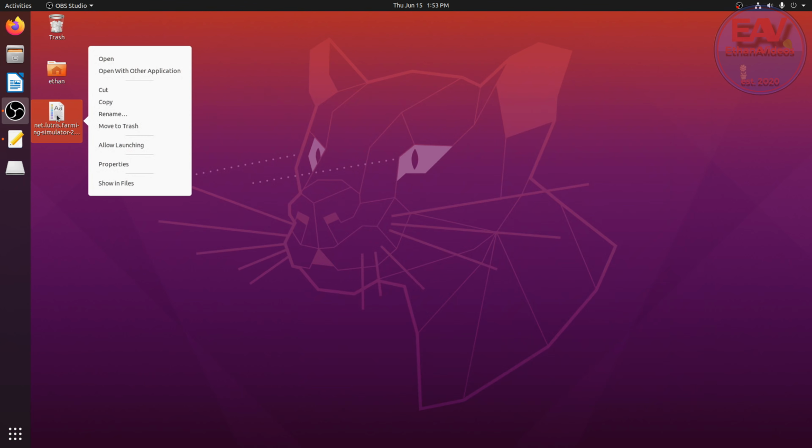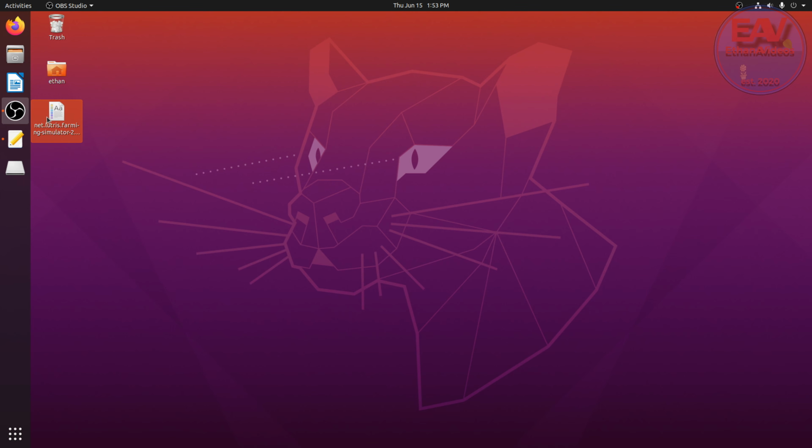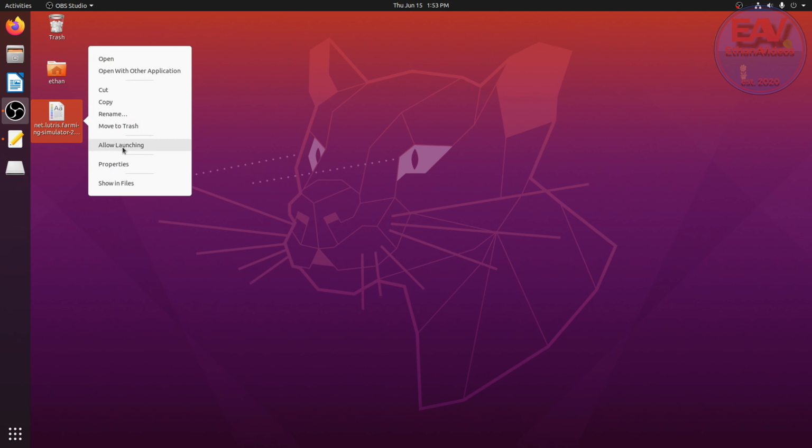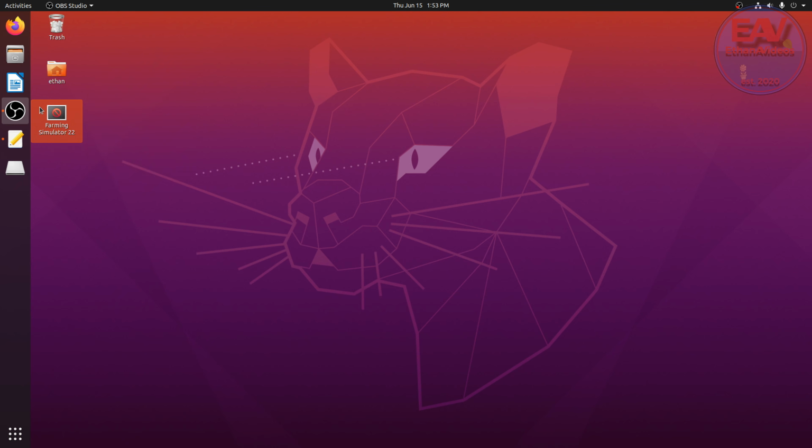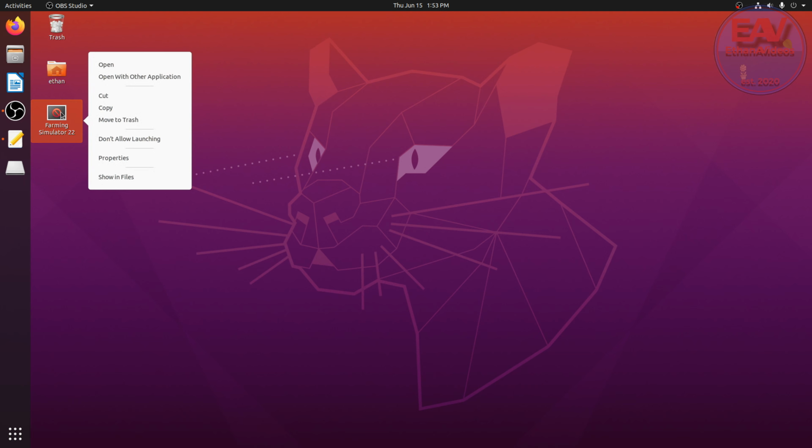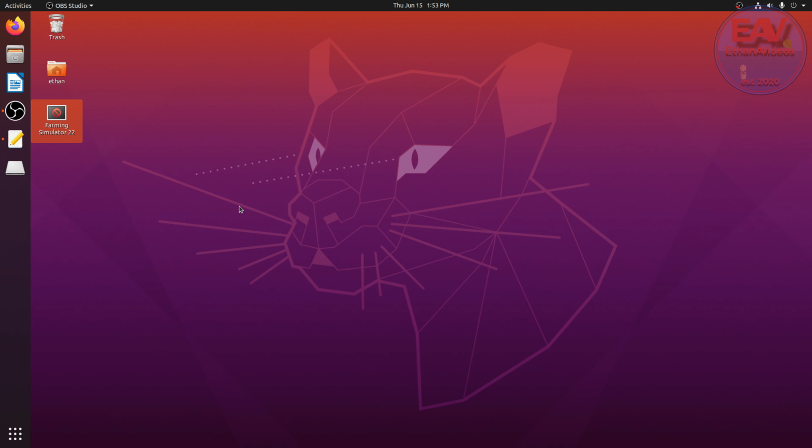Alright, so now with Linux, any .desktop file, which is what this is, you have to right click and go allow launching. Alright, so now if we double click this,